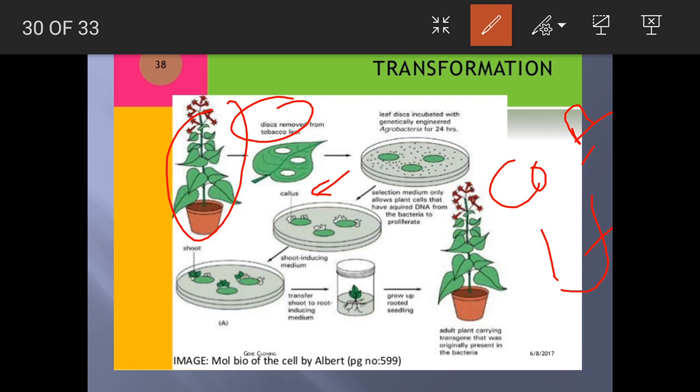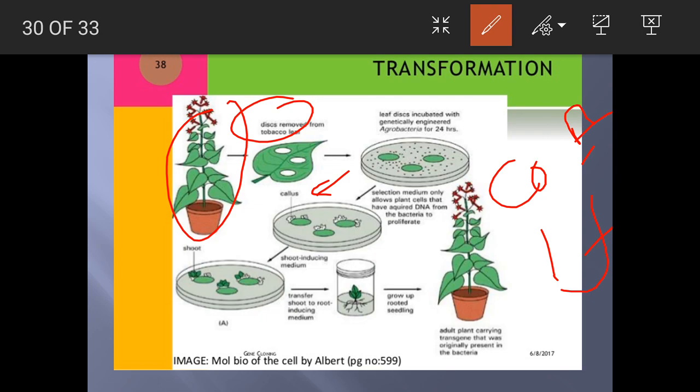On the tissue culture medium, the tissues of the leaves start dividing, and they form an undifferentiated mass of cells, called the callus. That is, in the tissue culture medium, callus is formed. The cells of the leaf start dividing, and you find an unorganized mass of cells called the callus. Unorganized or undifferentiated means you find just a ball of cells where you do not find any shoots, leaves, or roots. You do not find any organs here, and that is called the callus.